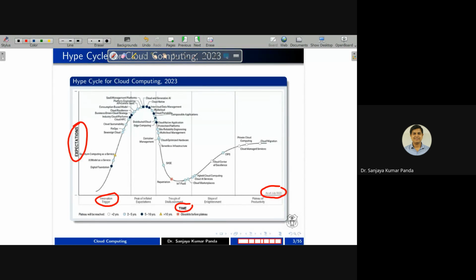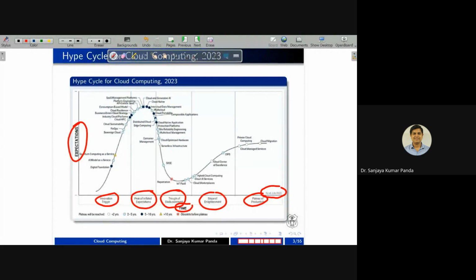Over a period of time, it goes to the peak phase, then the disillusionment phase, then the slope phase, and finally the technology becomes obsolete. So the technology is not that much emerging after a period of time. Nowadays we are using smartphones. If I talk about a small handset without internet connectivity, nobody is using that now.